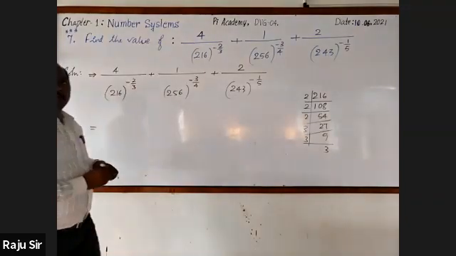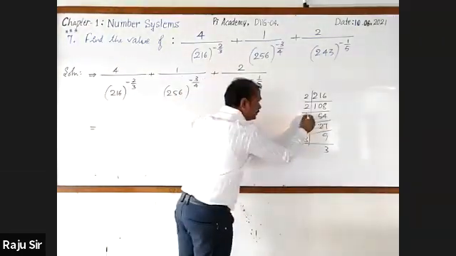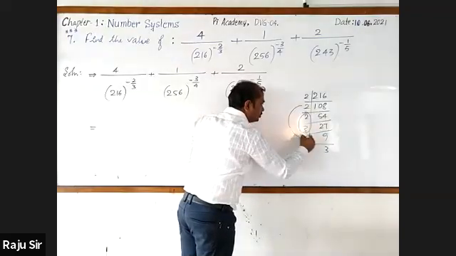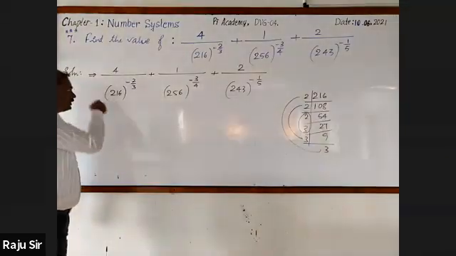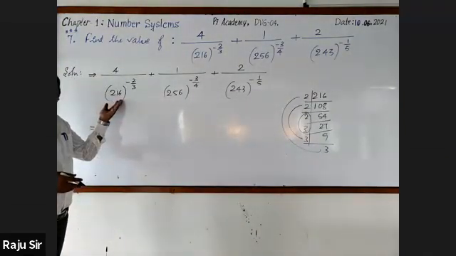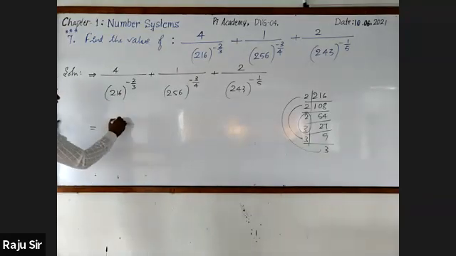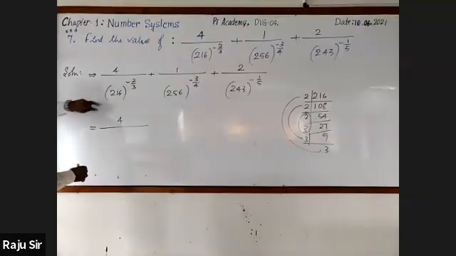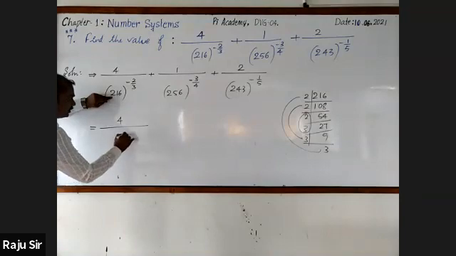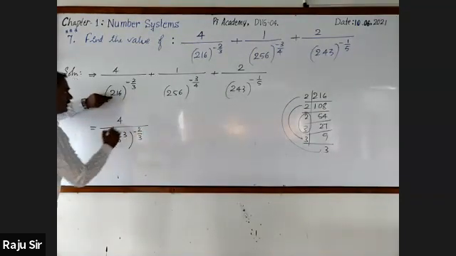Look here. Here we have 2 cube, 3 cube. I'm going to group them. 2 3s are 6, 2 3s are 6, 2 3s are 6. We know that it is a perfect cube. It can be written as 6 raised to the power 3. Got it? Now you write. Yes, sir. 216 is to be written as 6 cube, 6 cube raised to the power minus 2 by 3.